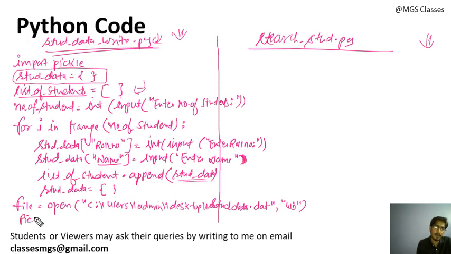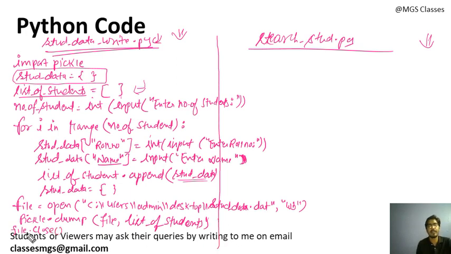So pickle.dump method basically we can use to write into the file. You will pass the file pointer first, and then you will pass the list that you want to store. The list of students, you have the data. So this will write into the file. Now we are going to close this file. This is the one program.